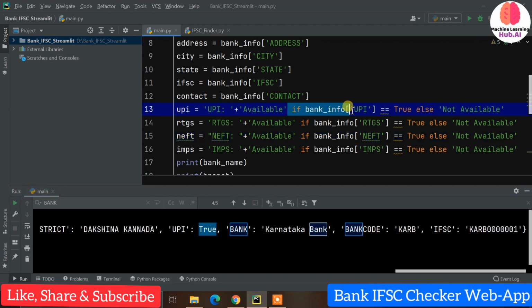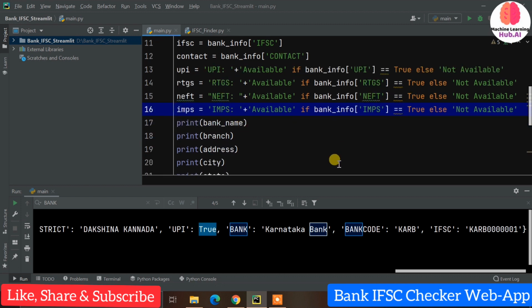If bank info UPI value is true, then it should print available, right? Otherwise, if it is false, meaning the else part, it is not available. This is simple, and the same condition we are using for all of RTGS, NEFT, IMPS. If it is true, then it will show the available value instead of true and false, right?